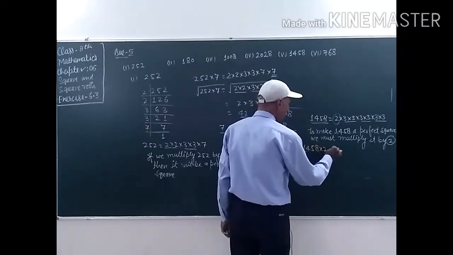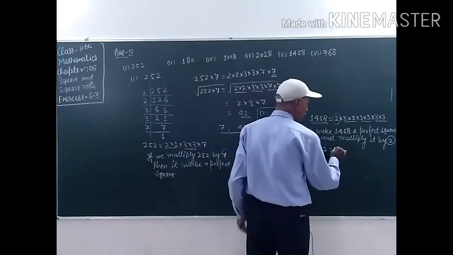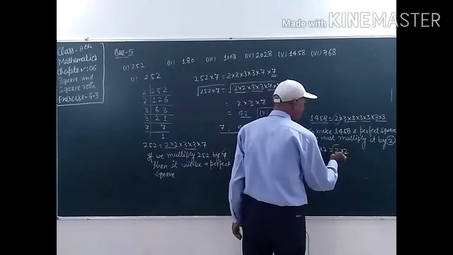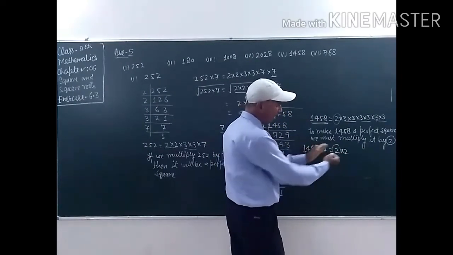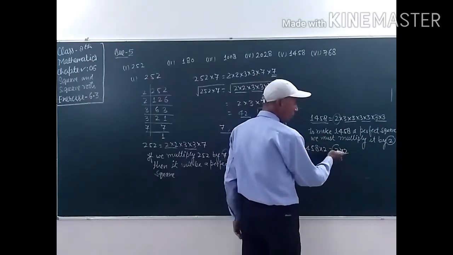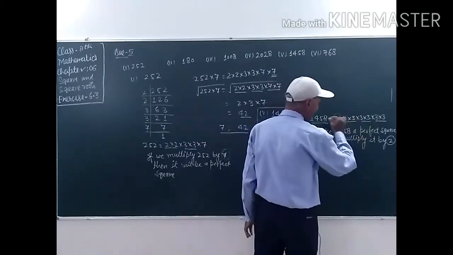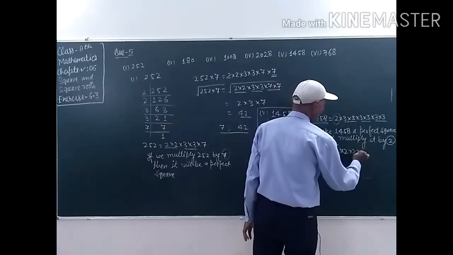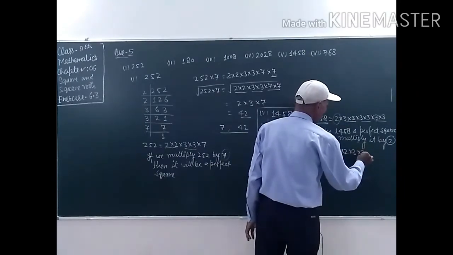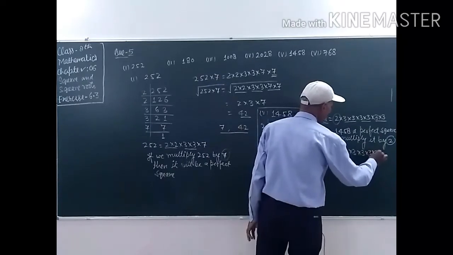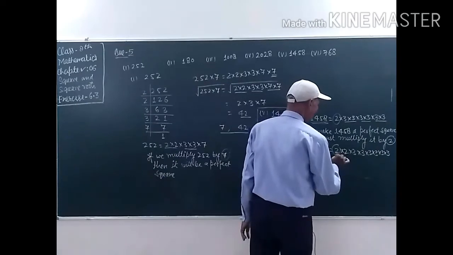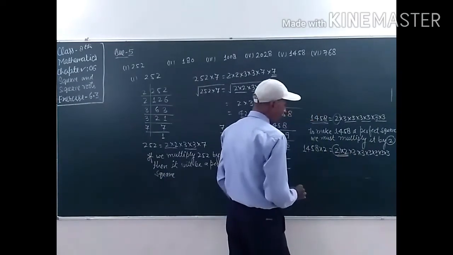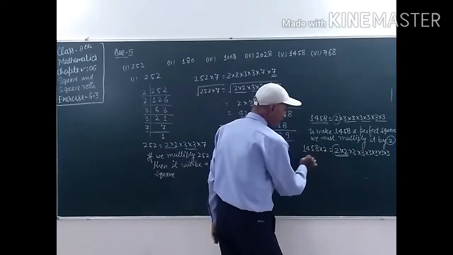1458 into 2, we have to multiply the factors by 2 also. 2 into 2. This one we multiplied this 2 because we multiplied here by 2. So to make the equation equal, we have to multiply 2 one time in the factors of this number. So 2 into 2 into 3 into 3 into 3 into 3 into 3 into 3. Now we have to make the pairs, to find out the square root of the number so obtained,